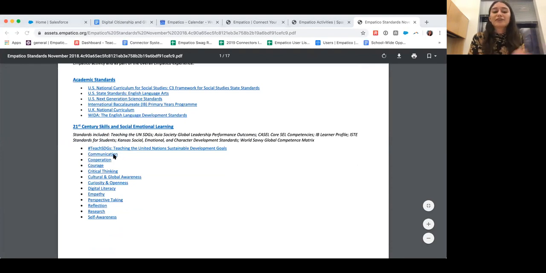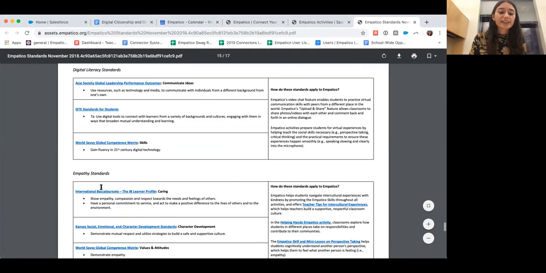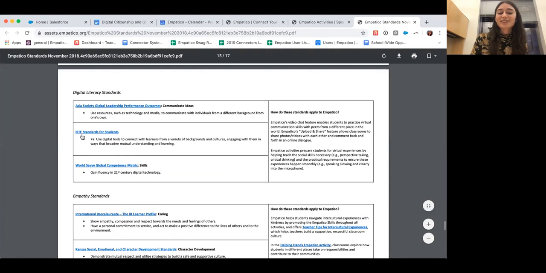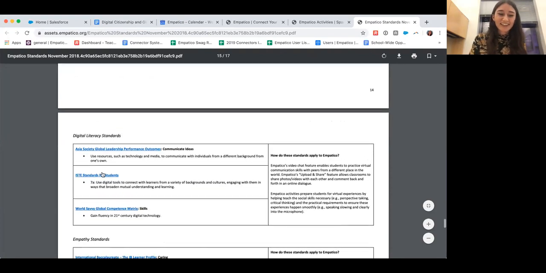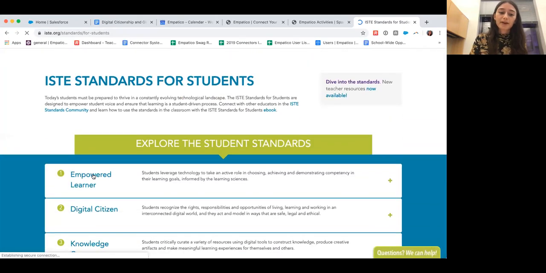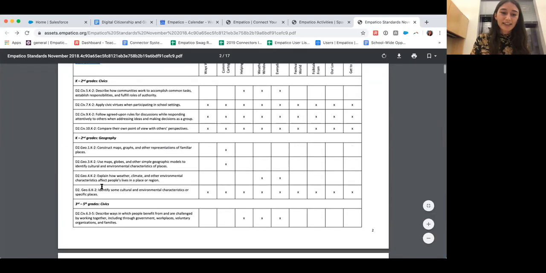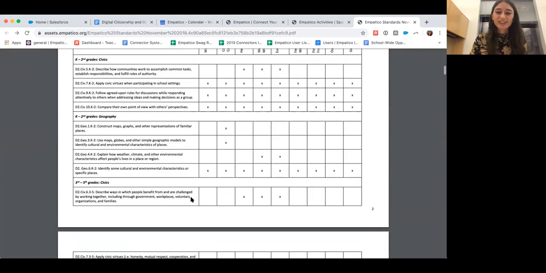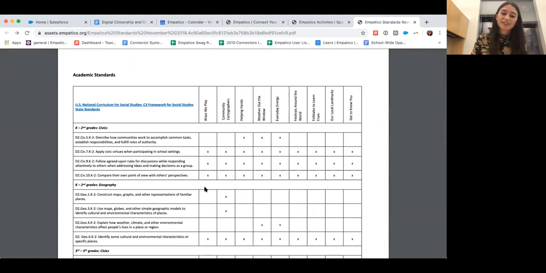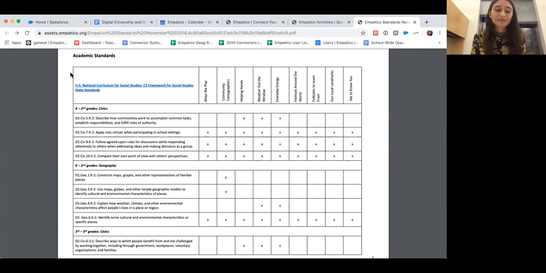So if you're looking to promote something in particular like digital literacy, maybe some ISTE standards for students, you can see here, you can click on it and see how each activity aligns with Empatico's skills and activities. And you can see that in more detail here. So you can see each activity and then how it aligns to different standards and different ages as well.